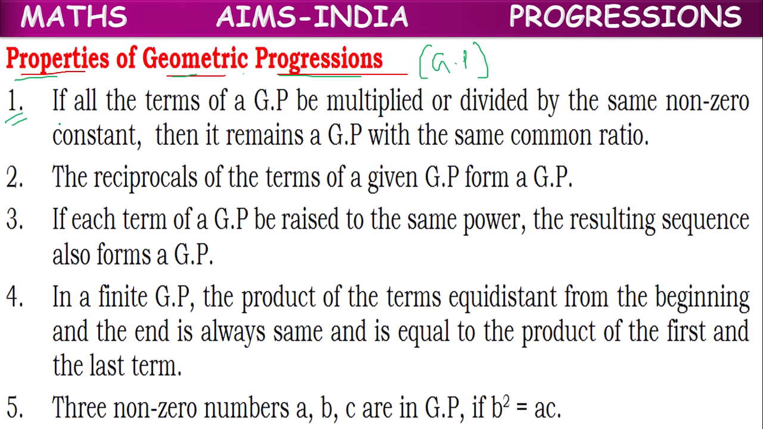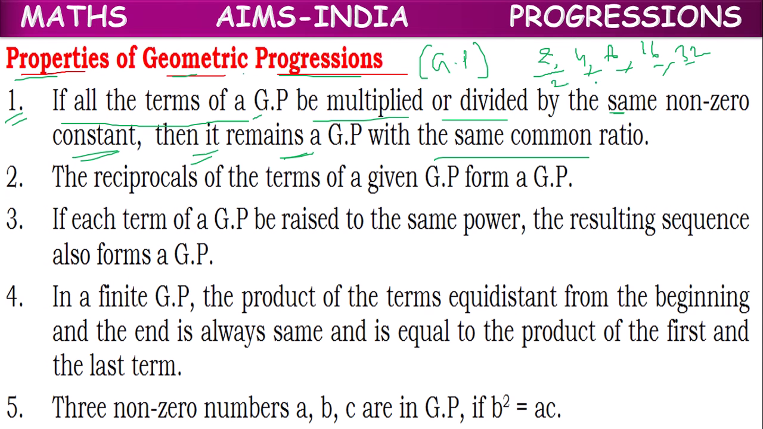The first property is, if all the terms of a GP are multiplied or divided by the same non-zero constant, then it remains a GP with the same common ratio. Suppose we have a GP like 2, 4, 8, 16, 32, and all the terms of the GP are divided by the same number or multiplied by the same number,